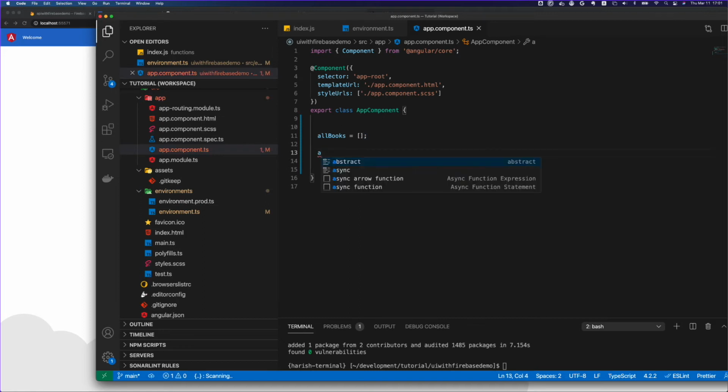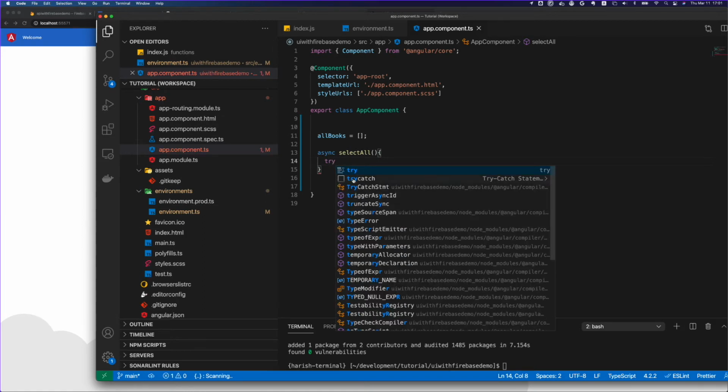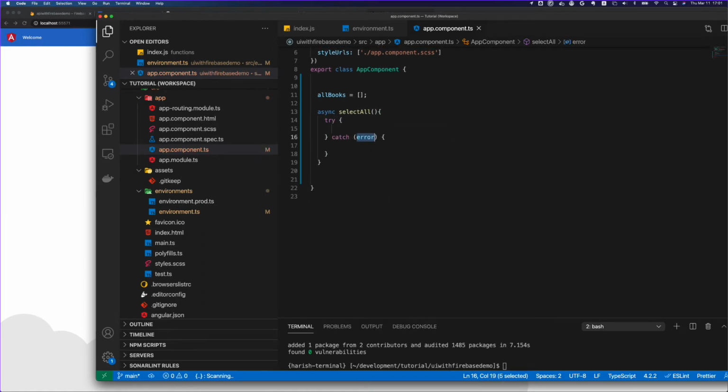Next, let's create an async function and call it select all, and let's start by adding a try catch, because we are going to call an external API and we should not be getting an error.